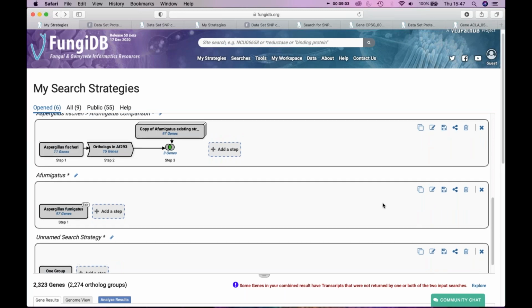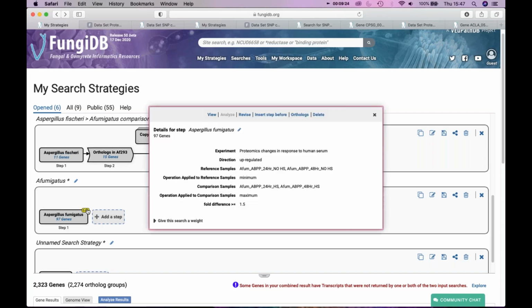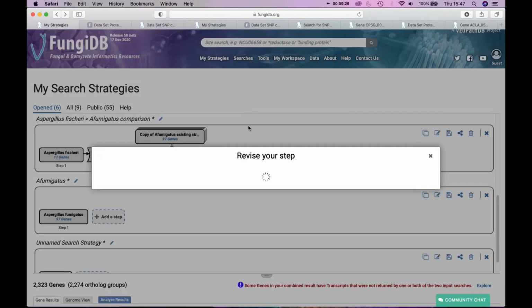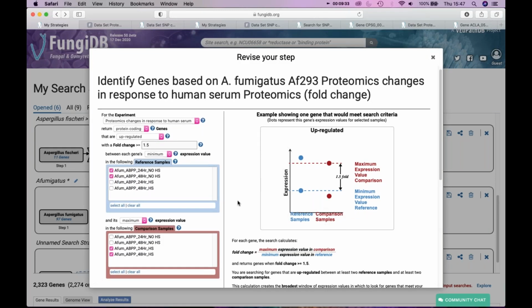So here is, for example, the results that I have run for Aspergillus fisheri proteomics dataset and also Aspergillus fumigatus. And similarly to the strategy above, I wanted to compare the data using Aspergillus fumigatus as a sort of baseline genome. So what I have done, and here I'm clicking on Edit to Revise to demo my selections of the search. What I have done, I selected the same criteria for both data sets, such as I